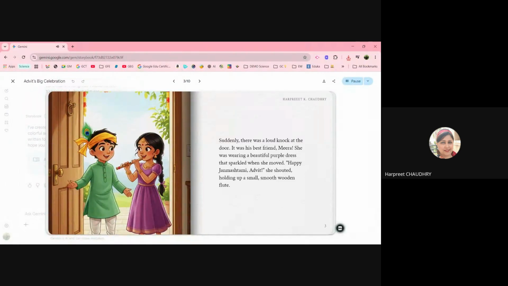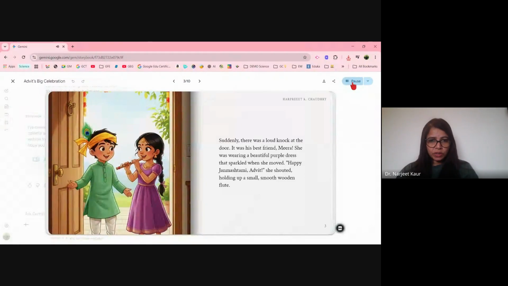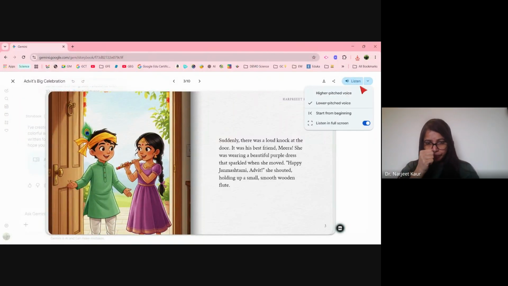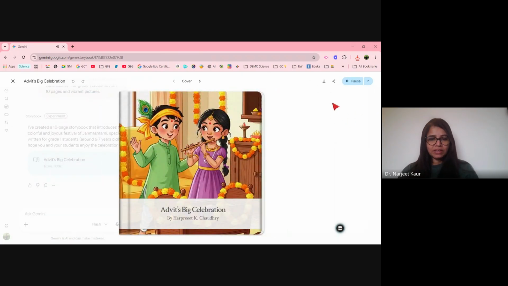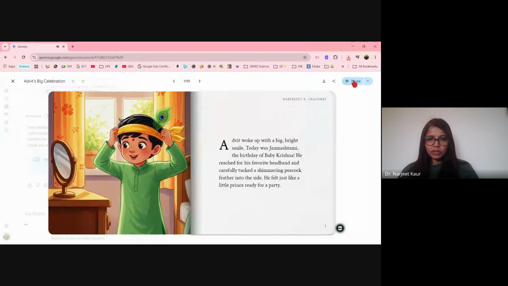I think this is a very, very good idea for the visual learners of the classroom. You don't even have to create a story. I mean, you can be innovative and create your own story. Also, you can upload your lesson and turn it into a storybook, an easier one, because there is a lot of text in the lesson. Maybe the children who are visual learners don't like it, and all the textbooks have only a limited number of pictures, especially for 6th, 7th, or 5, 6, 7, and so on.